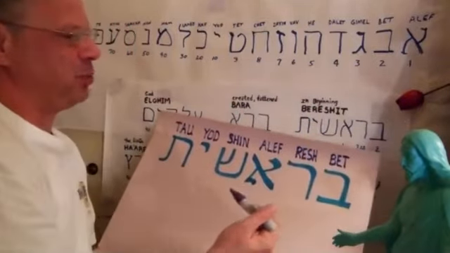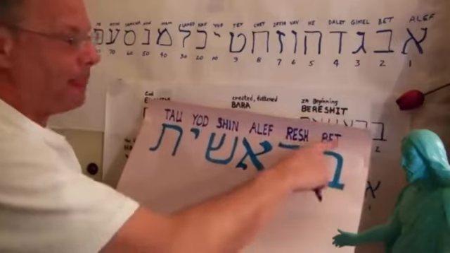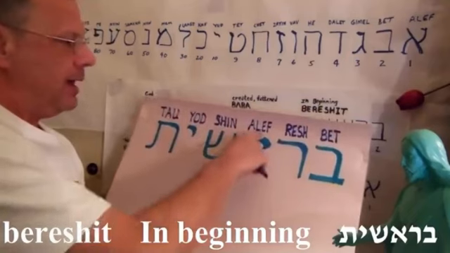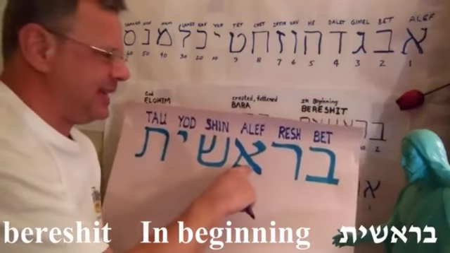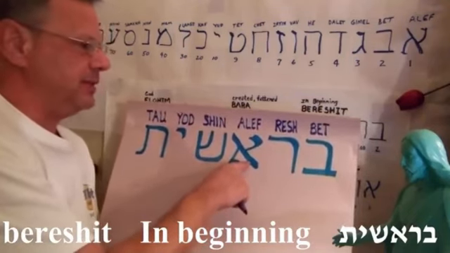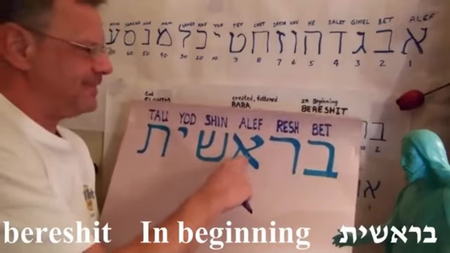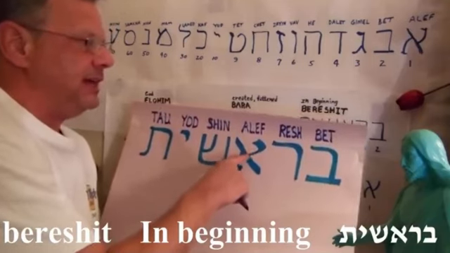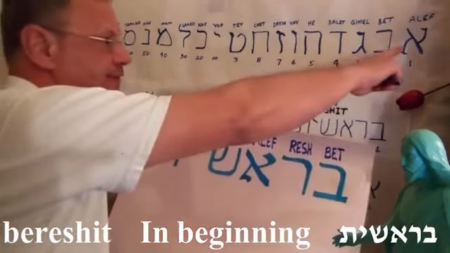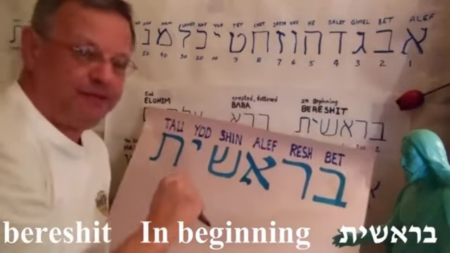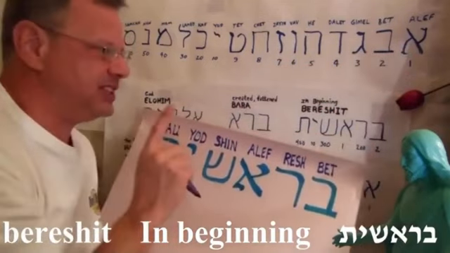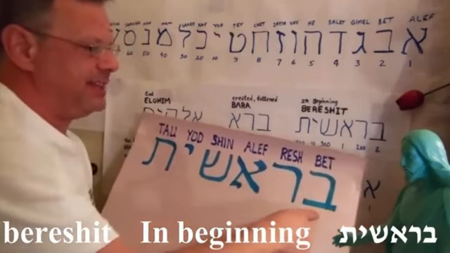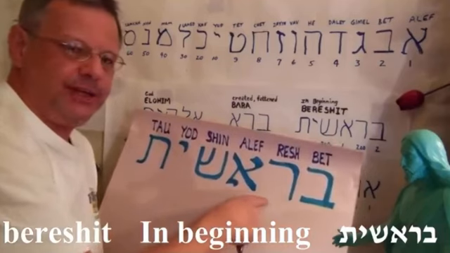Bereshit, the first word. Remember, we're reading from right to left. You can sound that out. Beit, ba, resh, and aleph. They actually say it's a silent letter, and you don't. It sort of gives the A sound. I don't know why they call it a silent letter. It is interesting that aleph is the first letter of the Hebrew alphabet, yet God does not begin the alphabet or begin the Bible with an aleph. He begins it with a beit in Bereshit.